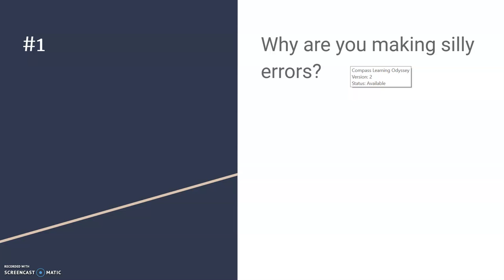Are you rushing? A lot of times when students make silly mistakes, they are rushing through their work. They do not want to have homework, so they're rushing through, and then they're making errors that could cost them